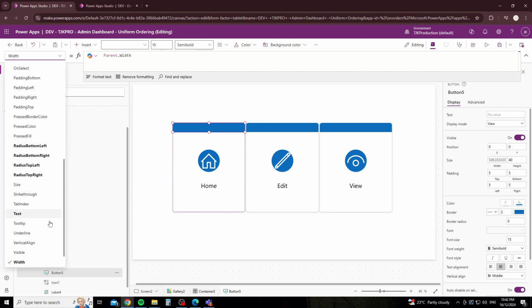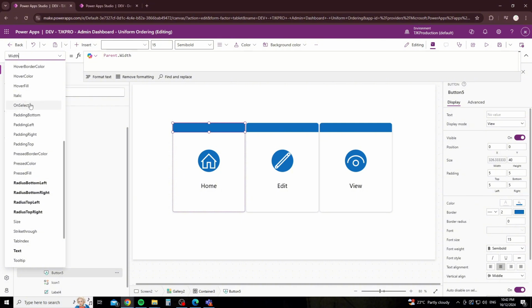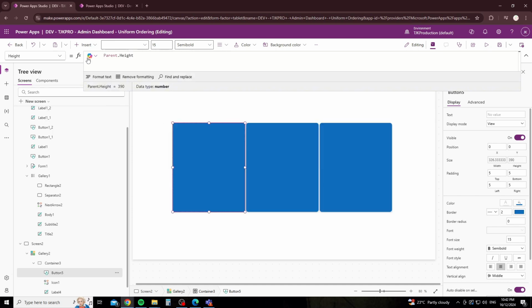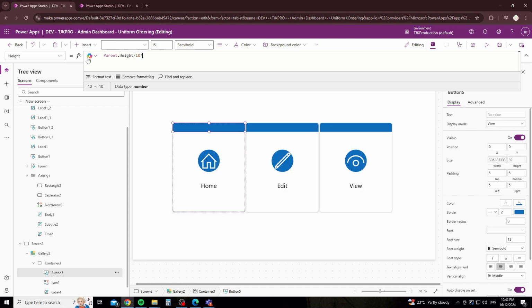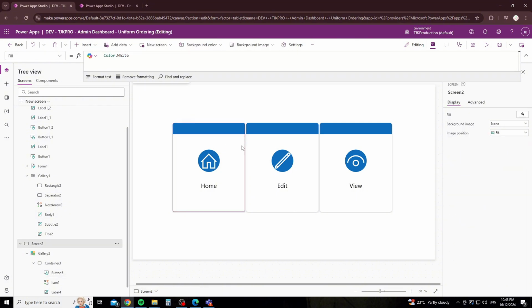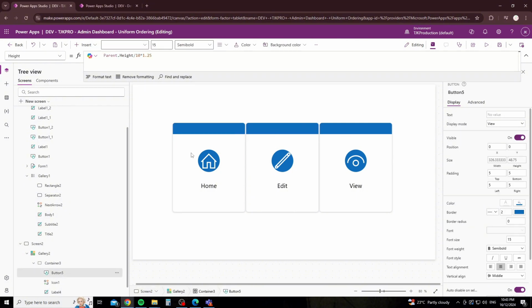So if you're ever going to change the sizing, you should always try and make it dynamic. You don't have to. It's just a good habit to get into to try and make things dynamic. And you do that by referencing a parent shape. So I'm just going to go parent divided by 10 times 1 times 1.5 just to get a little bit bigger. That's too big for me, so let's go 1.25. Alright, and I quite like that. So right now we've got these 3 buttons,